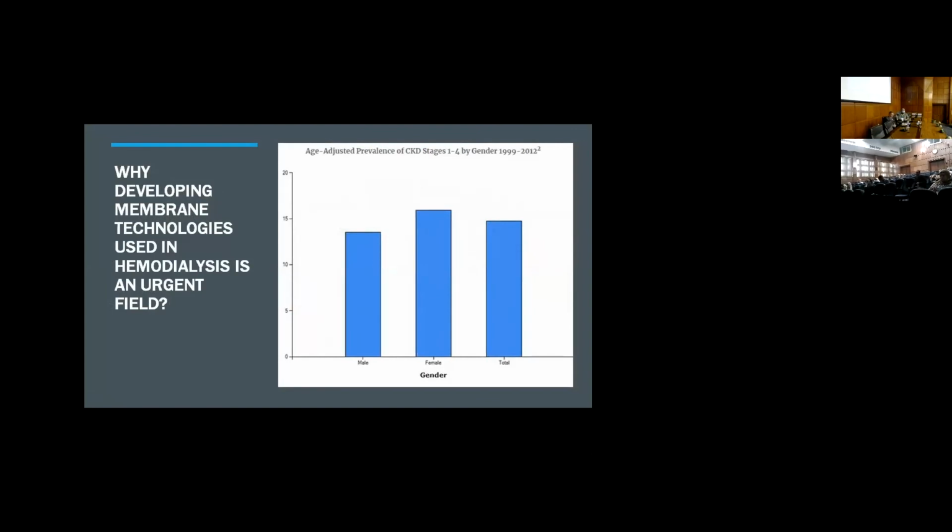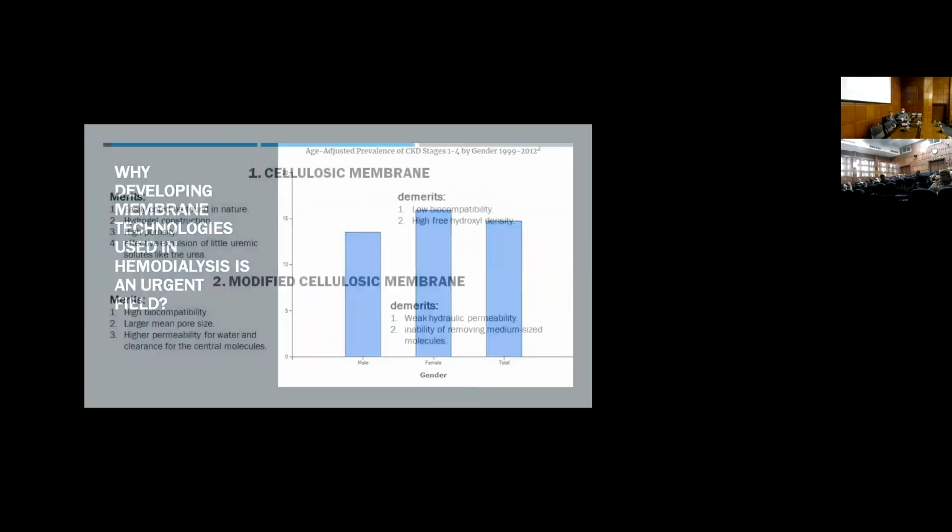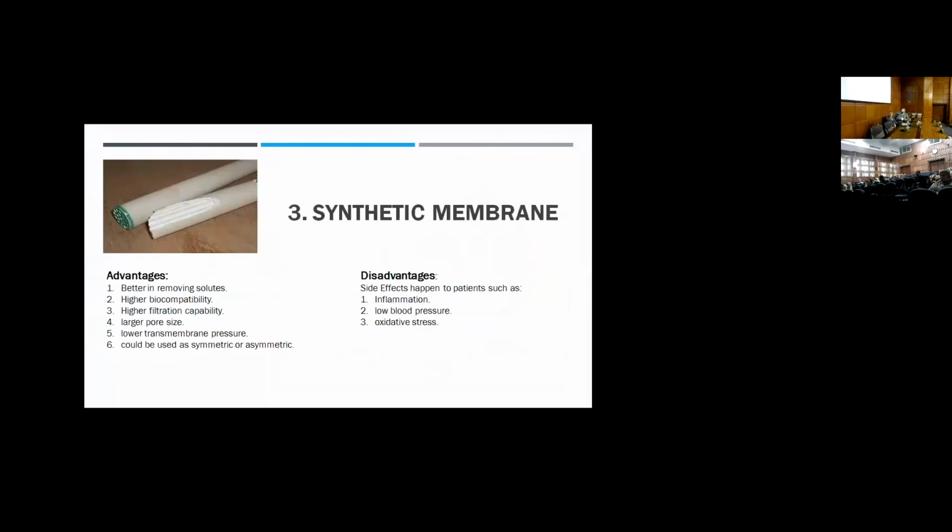What's new is the use of the synthetic membrane owing to its high biocompatibility. Here I'm showing the advantages and disadvantages of the synthetic membranes. They're used nowadays, and most researchers are